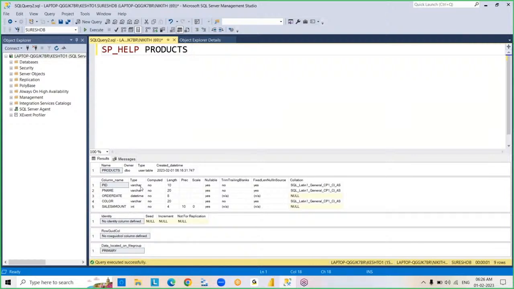Right? And so this is the way we alter a table. You create a table in the beginning. After that, you added new columns to the table, dropped a column, and changed the data type of a column. So you performed different types of operations. Right? And so now